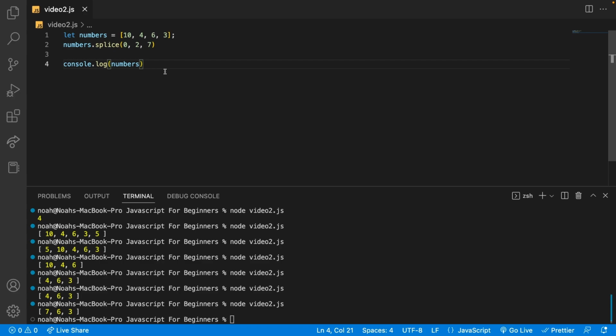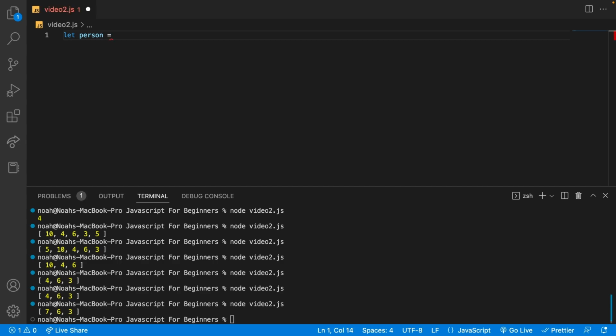So let's now talk about objects. An object is a collection of key value pairs that can be used to store data. To create an object in JavaScript, we can use curly braces and specify the key value pairs using colons. So for example, I could have let person equals curly braces, and then I'm going to say forename